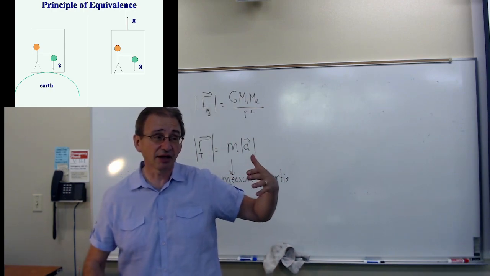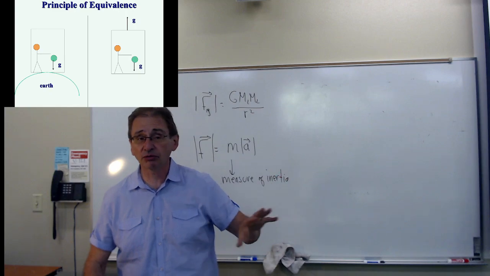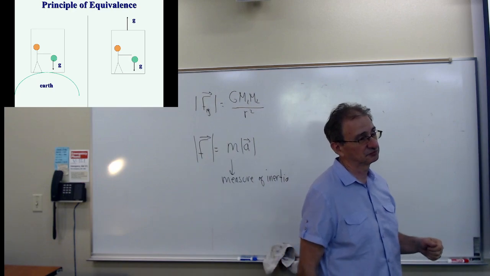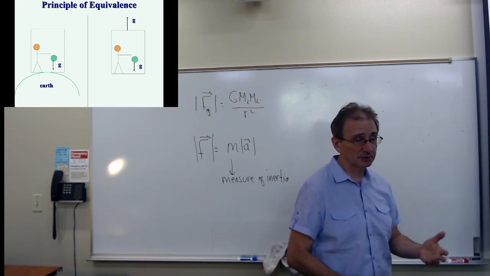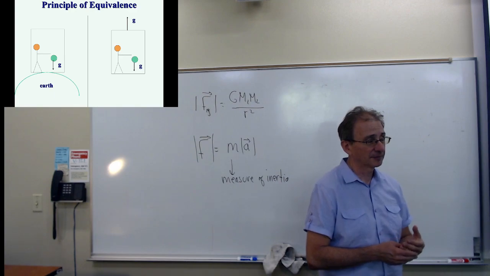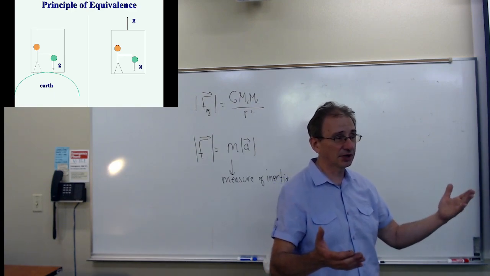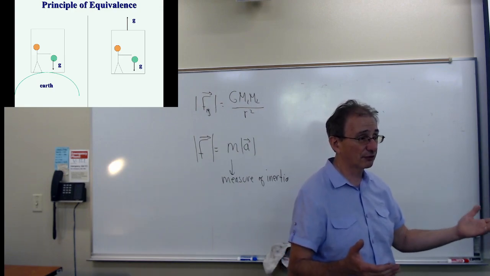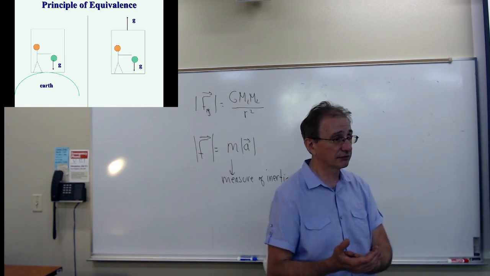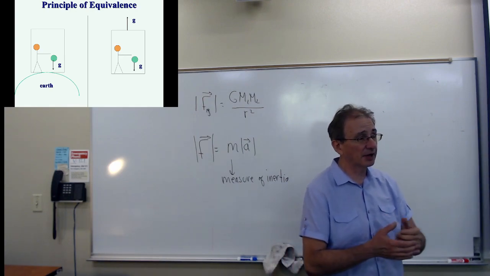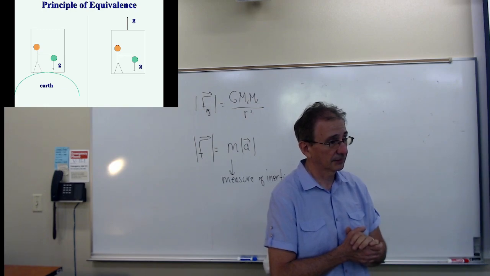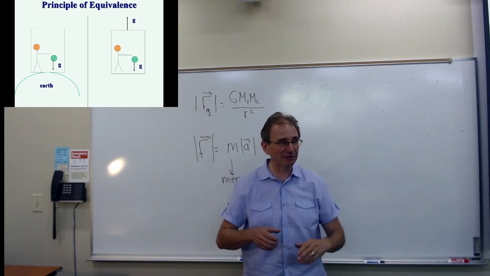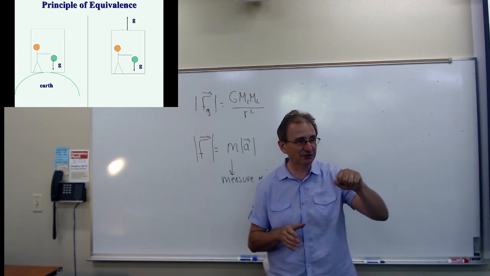In 1905, he came up with the theory of special relativity. It had no gravity involved. In 1914, he included gravity in it. And he said that one of his principles was that you can't tell the difference between an accelerated frame that's gravity-free and you being in a gravitational field. In other words, if I'm in an elevator in space, where there can't be any gravity around me, and the elevator is going up at 9.8 meters per second squared, and I drop the object,